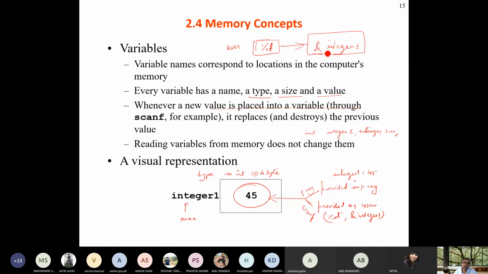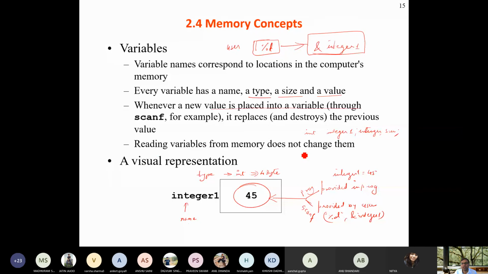But nowadays compilers are very smart, so it always holds 0 upon initialization, but it was not the case in previous-day compilers. So whatever value was in this integer, as soon as the user enters a value, it will be destroyed and replaced by this value.